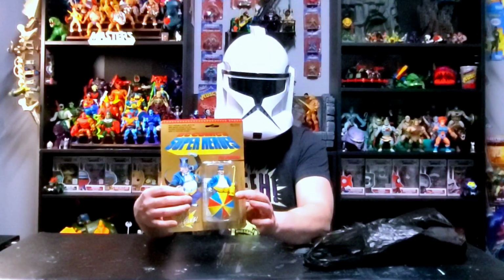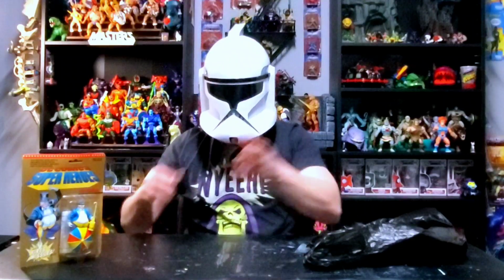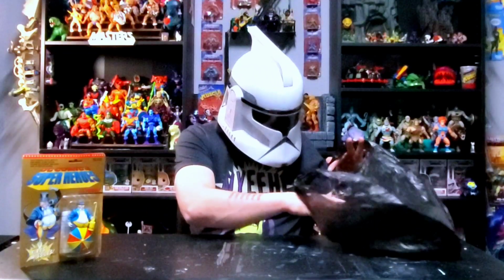Picked him up for $10, which I feel like is a really great deal. Card has got a little slight bend to it. I'm going to try to put something on that to flatten that out. But that's going to go up in my Superpowers collection. So I was very happy to get my hands on this Penguin figure, after dang near 30 years. So let's see, the next pickup I had,